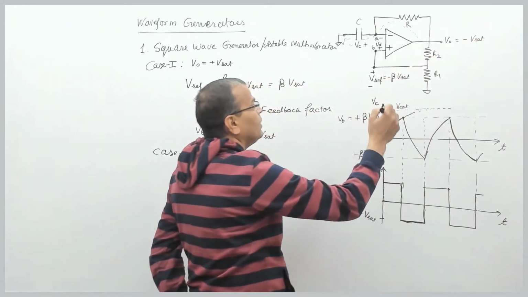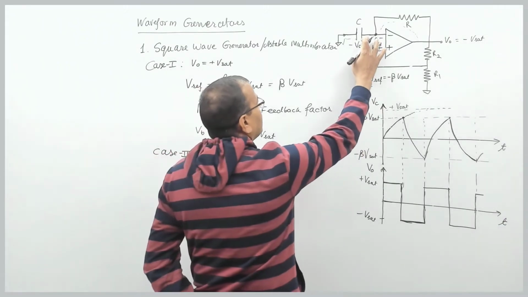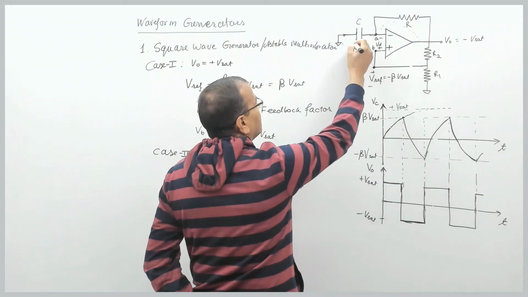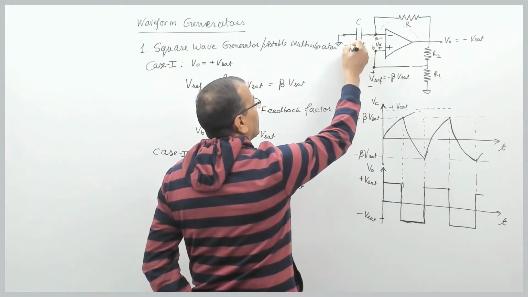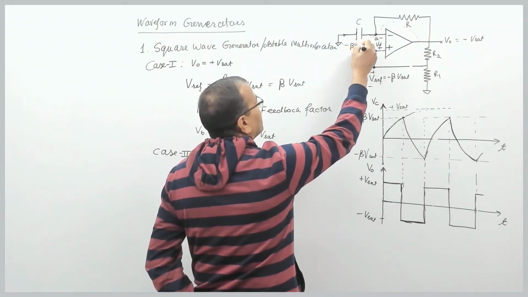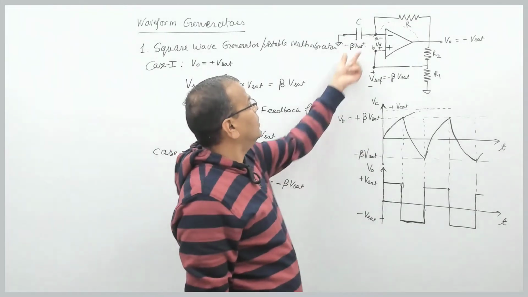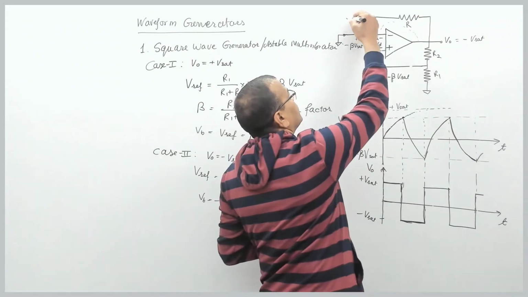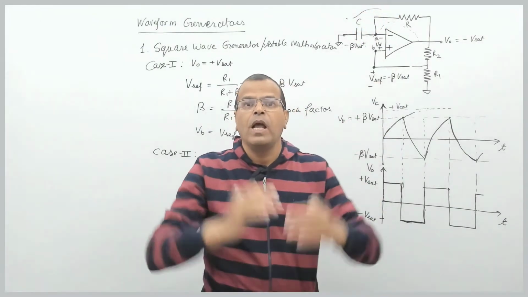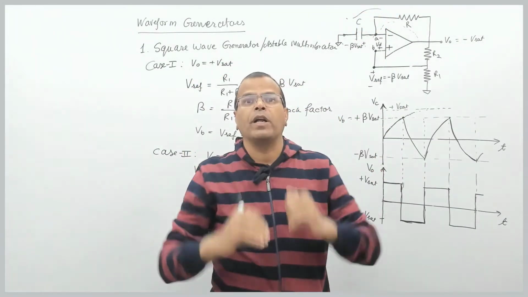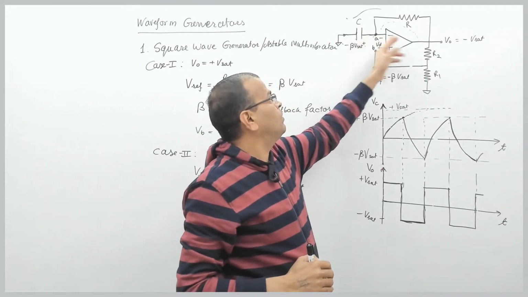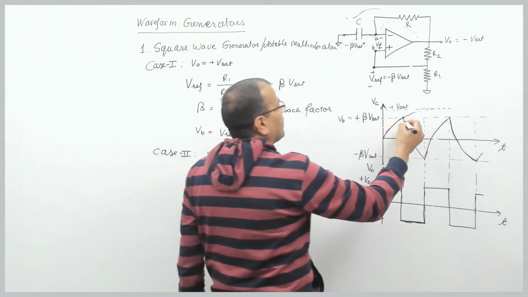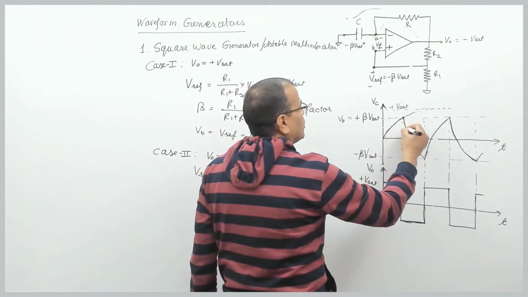But see it carefully. What is voltage across capacitor? Voltage across capacitor at this instant is nothing but this terminal positive, this negative, and that is beta into Vset. So this is positive, this is negative, output is negative, so capacitor will start discharging. Capacitor voltage starts falling down. Why? Because this is positive, this is negative, so current starts flowing back and capacitor voltage starts